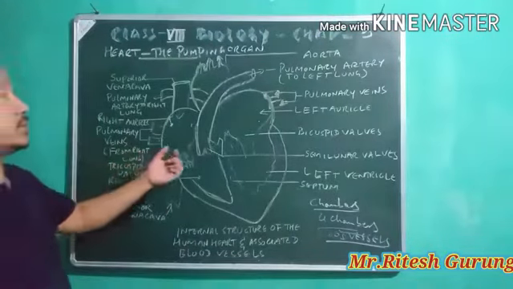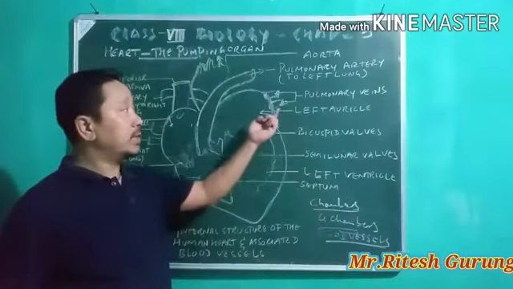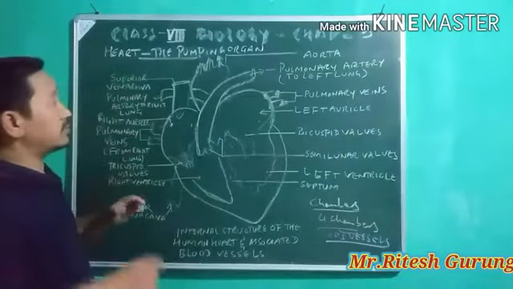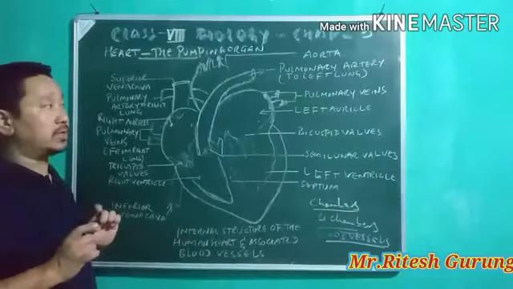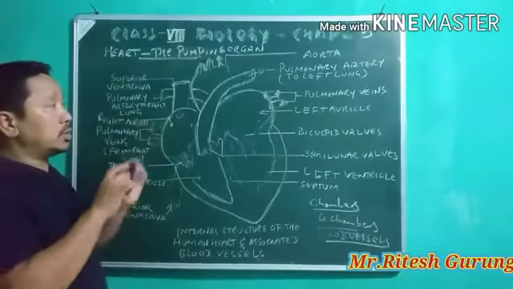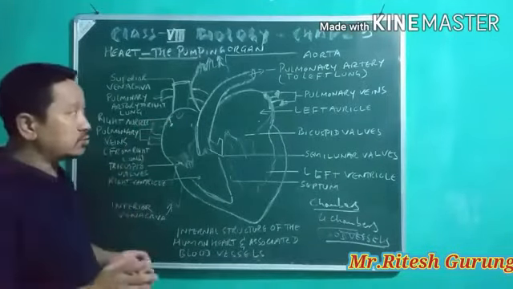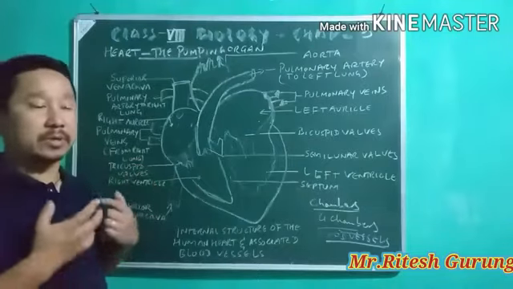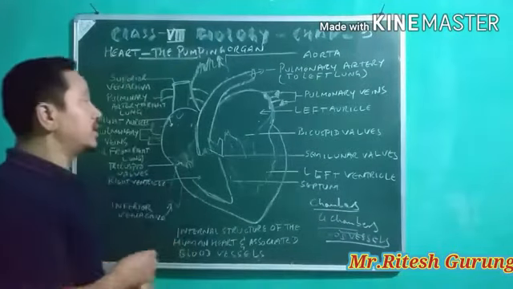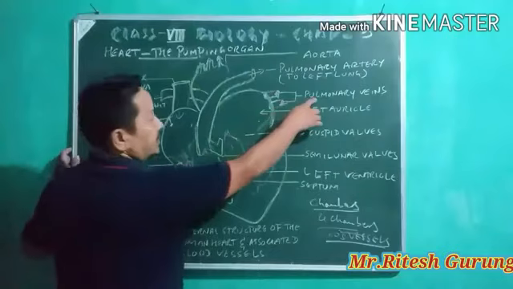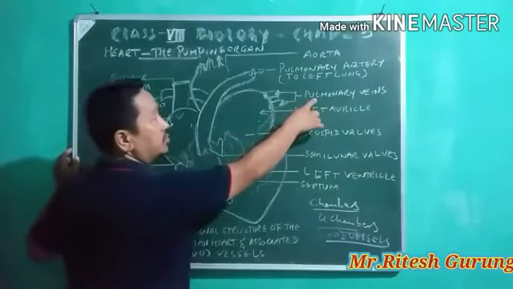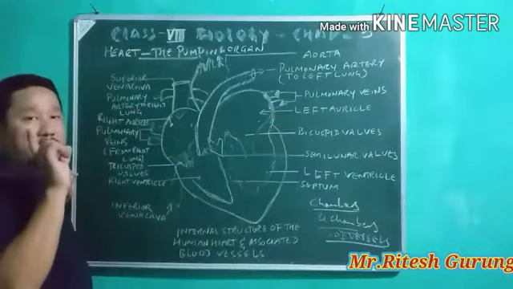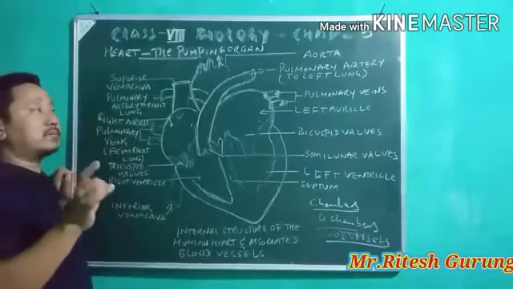Then we have got veins. See, these are the veins, and we have got two pairs of pulmonary veins out here. That means the pulmonary veins which are coming from two different lungs. We have got right lung and left lung. So here you see pulmonary veins. Pulmonary veins out here bring the pure blood. Remember, oxygenated blood